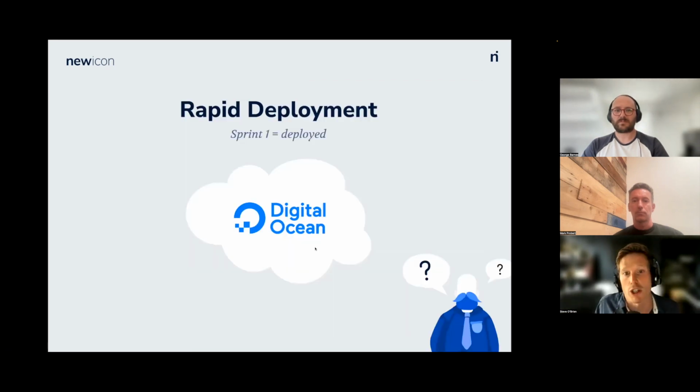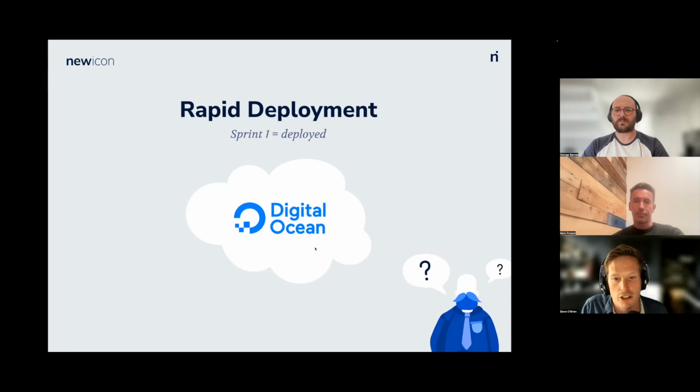And that leads us on to rapid deployment. So during sprint 1, we will look at the end of the project and actually try to get it in a live environment as soon as possible. That means that everyone involved, no matter where they are, can instantly test that software delivery. So we're rapidly trying to deliver working software that can be tested and verified against that prototype.